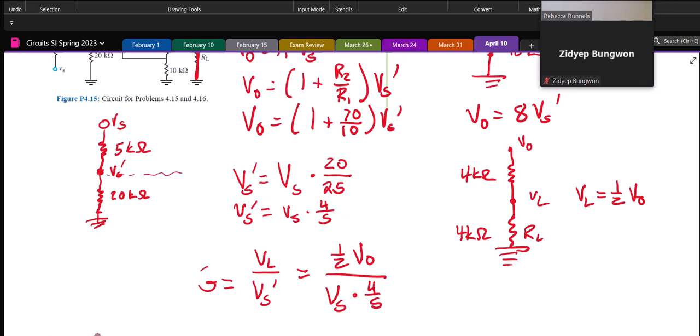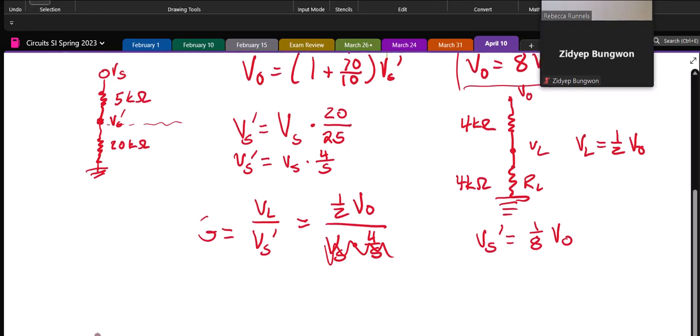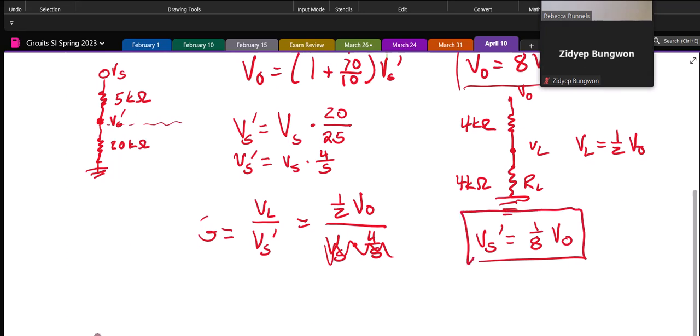I want to say that VS prime, so I still need, because this doesn't help me, I need to use this right here because I'll need to cancel out my VOs. I need to say that VS prime equals 1/8 VO. And then I can use this one and this one to say 1/8 VO